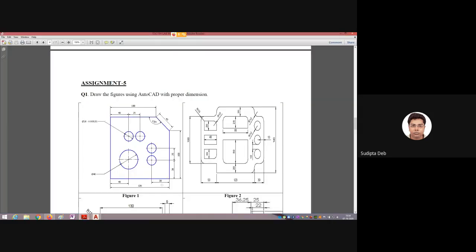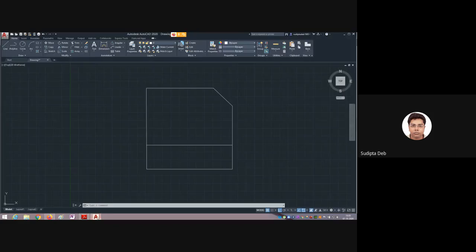Now exit from the command. Again, in this direction we have to draw another line at a distance of 38. Again we will use the offset command. O, enter for offset. The distance is again 38. Put 38. Press a single enter.